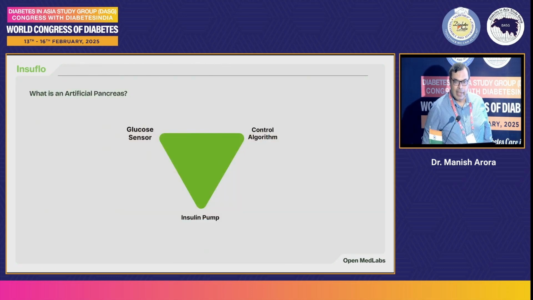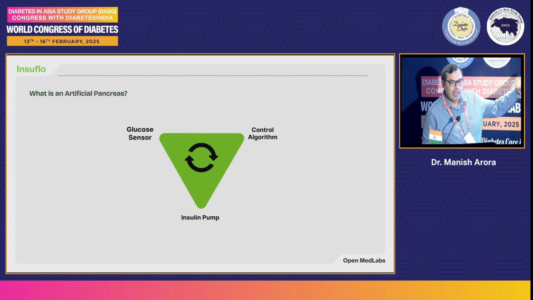Of course, the artificial pancreas does not need any more introduction in this audience because we know it's a triad of glucose sensing, hopefully continuous glucose sensing, control algorithms, and the pump, right? And we have myriads of things which combined talk to each other. Hopefully, they talk to each other, and they allow us to control the glucose level in the body, which is sensed by the glucose sensor, and then the control algorithm takes over as well, right?